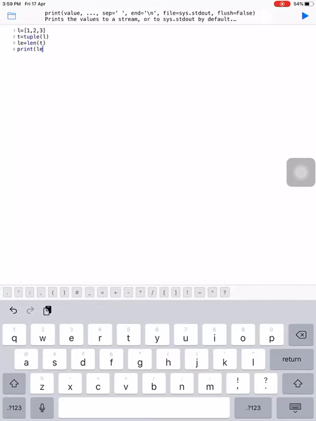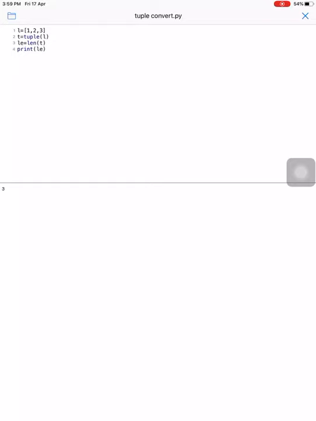Now we run it, and we see 1 2 3, but we didn't print the length. Here we will print the length, so we take the variable LE. Now what is the answer? 3, because the length of this tuple is 3. So the len function also works here as it does for a list.